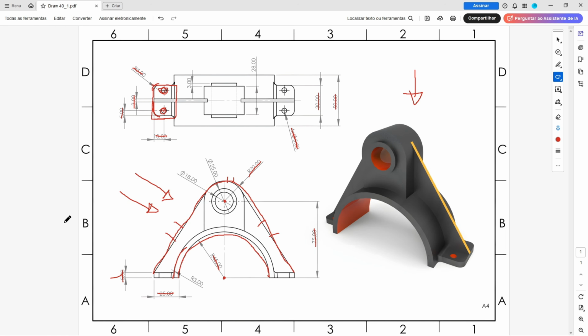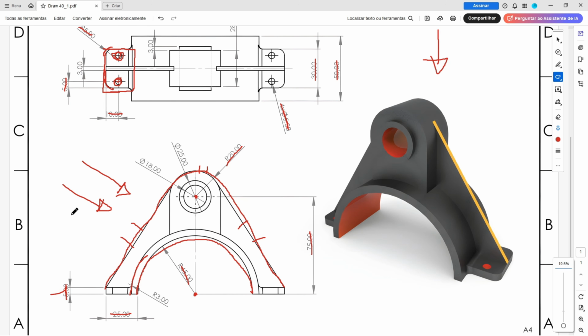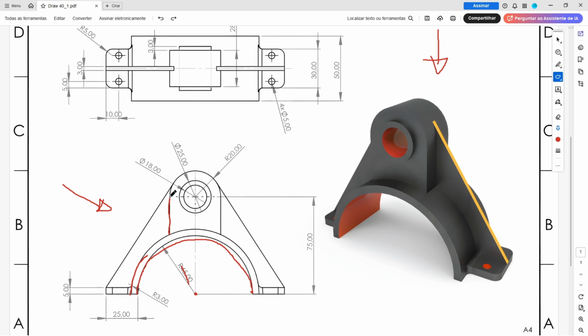And now we will select the front plane again, and we will create this sketch here, this line, and this arc here, this arc with 20 millimeters of radius, and this line here, and this arc here. Okay, the distance here between this point and the midpoint, 75 millimeters. You can take reference from this arc here that we made before. Okay,